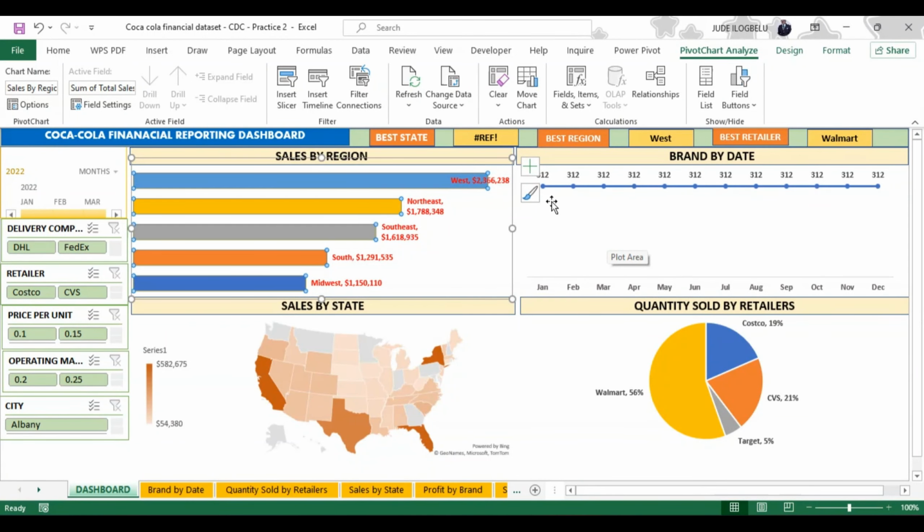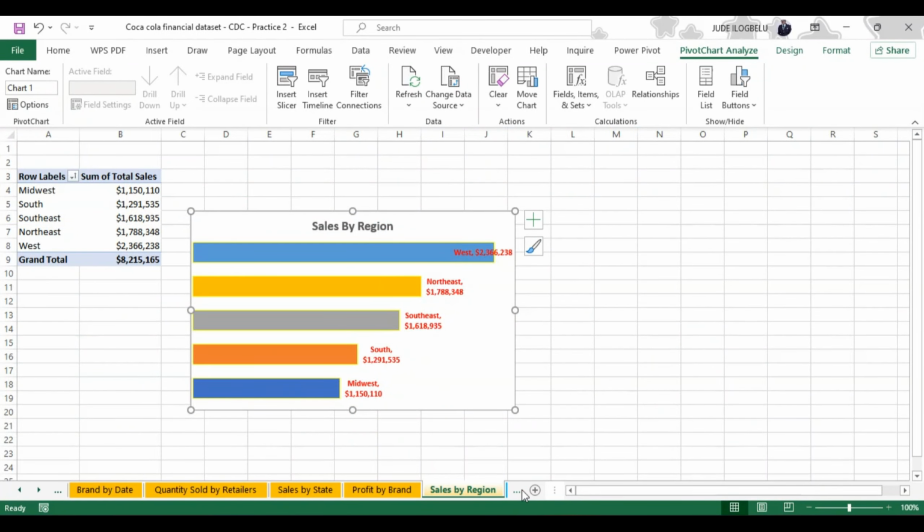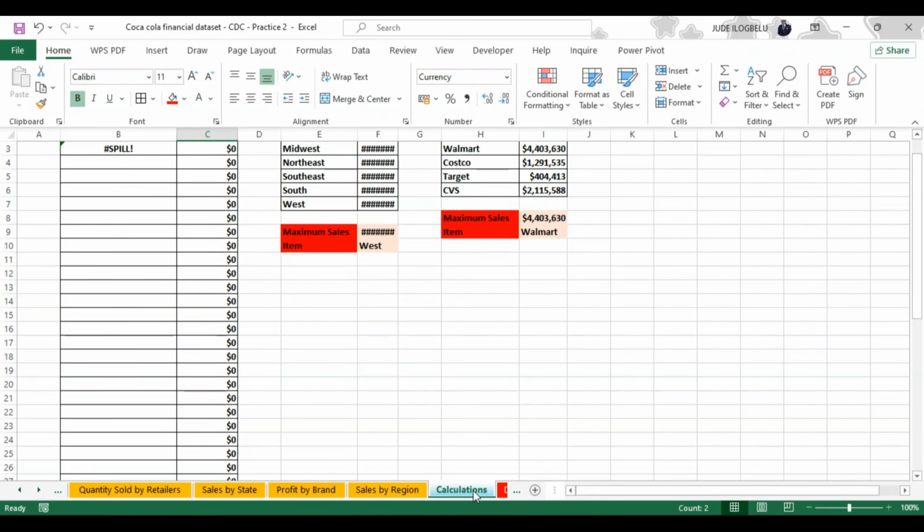The brand by date has now become a straight line with the same value, but our other values have also changed, and our calculation has been affected. Let's see what happened while we're having a challenge in our calculation. To see